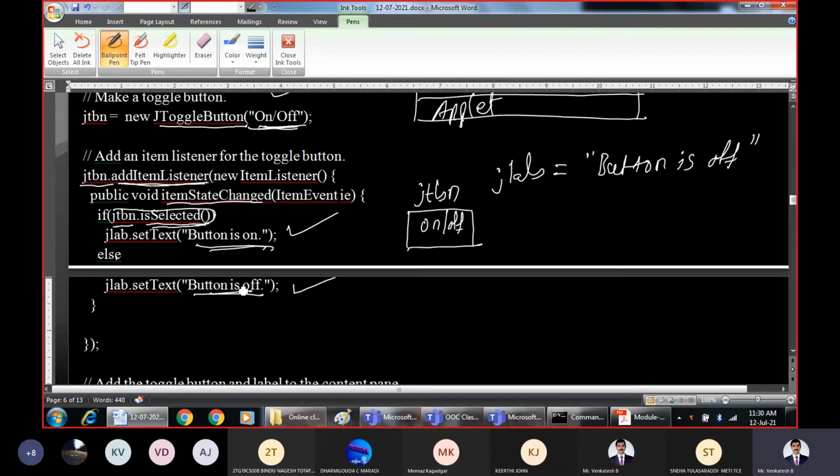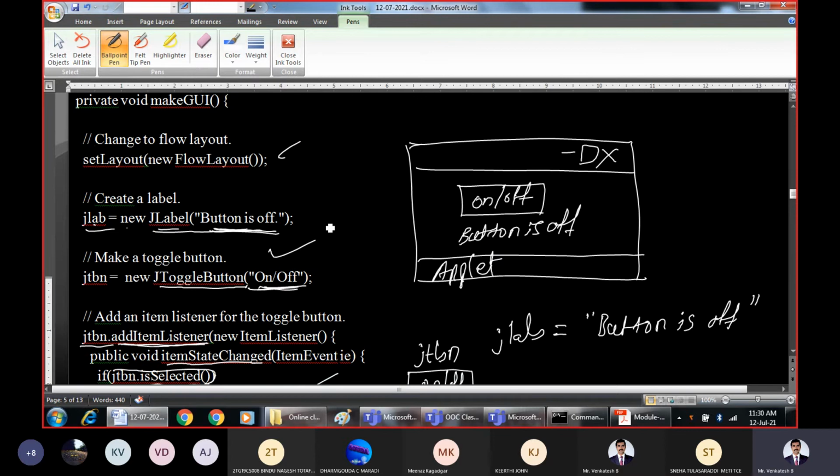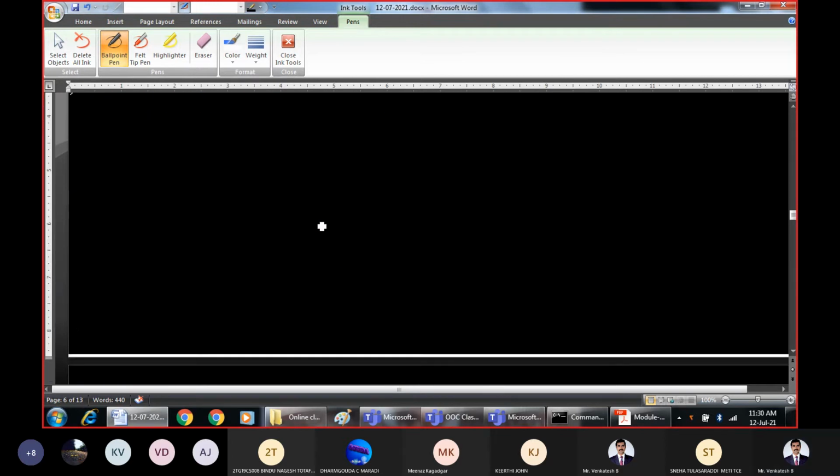Like if the button is on, the power supply will be on and the fan or the lights will be on. You can pass the power supply to the fan and fan will start rotating whenever the button is on. If you power off the button, the fan should stop rotating. The same way, such functionalities we can implement in the background, and this is the foreground or graphical user interface that we are dealing with.